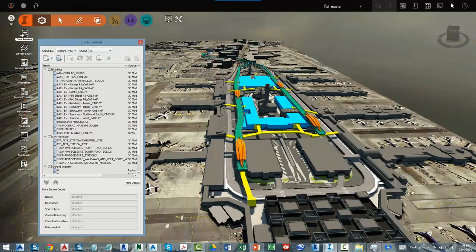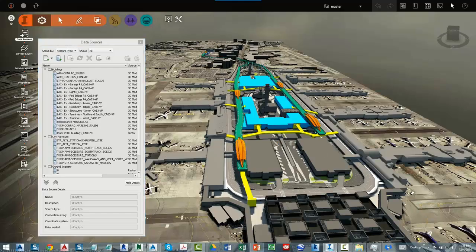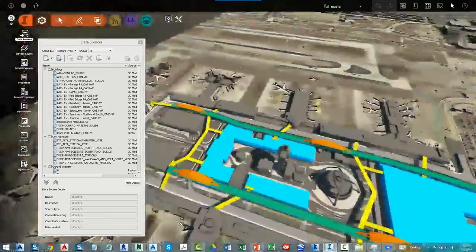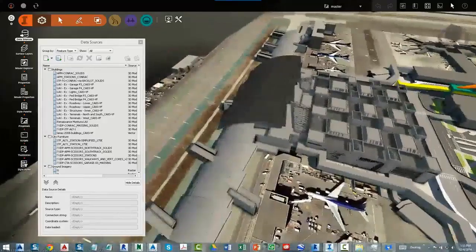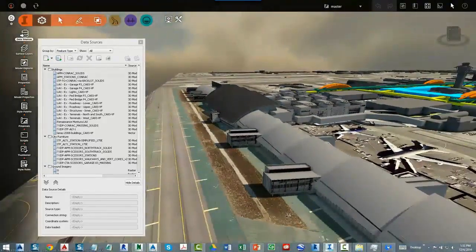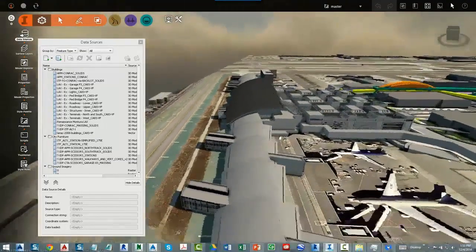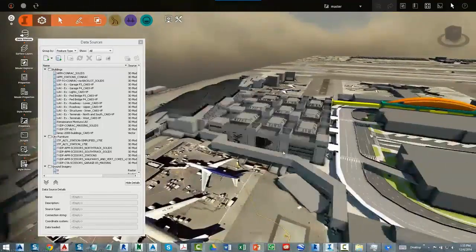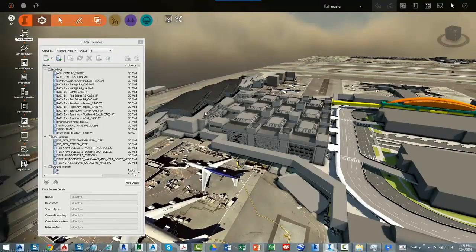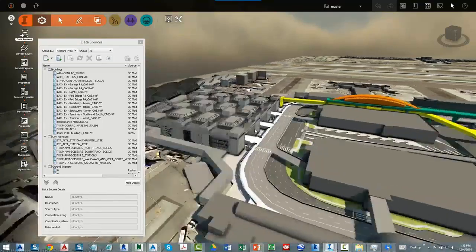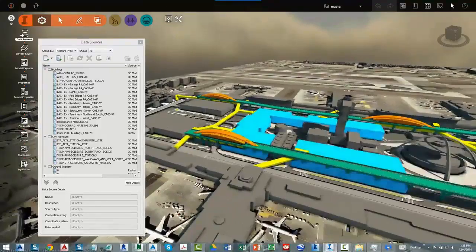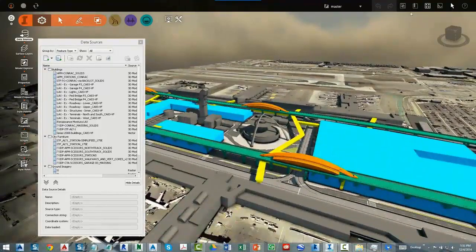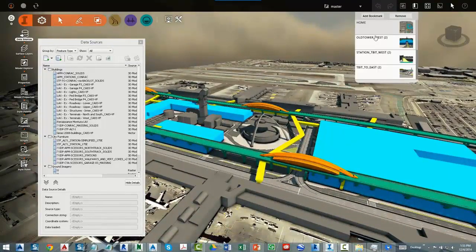Notice the difference in the level of detail from the terminal buildings. If I zoom around, or pan around, you will see all the details from the Bradley West, we call it. This is the brand new Bradley West terminal, which was not part of our project. So that's why it shows as an existing. And also the details about the existing garages and the existing terminals and the control towers are all there. So now we were able to really produce some